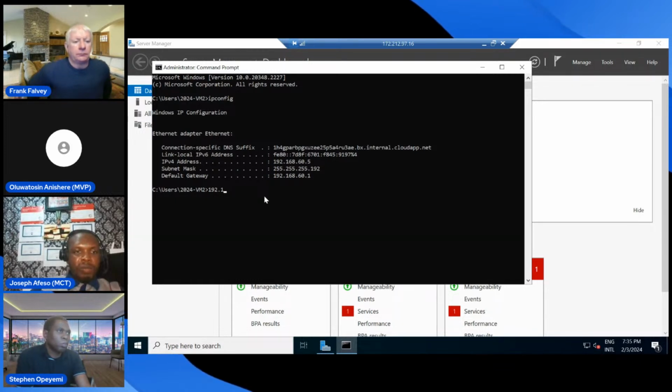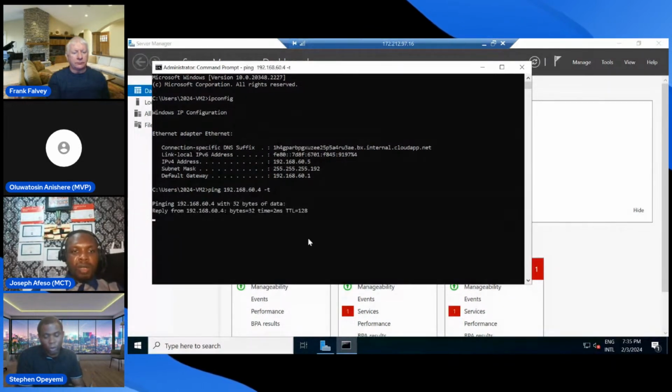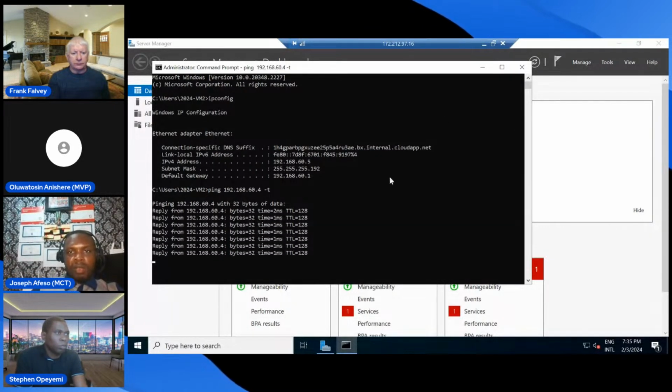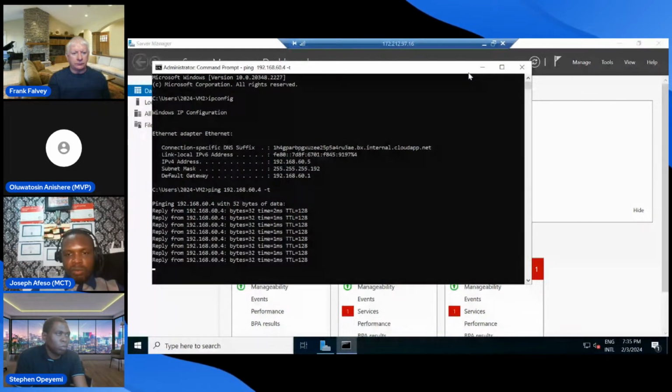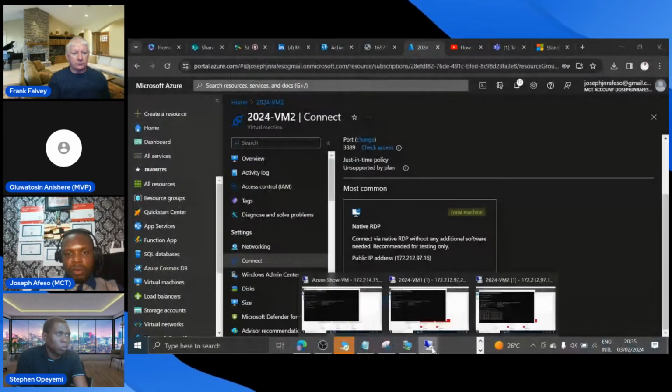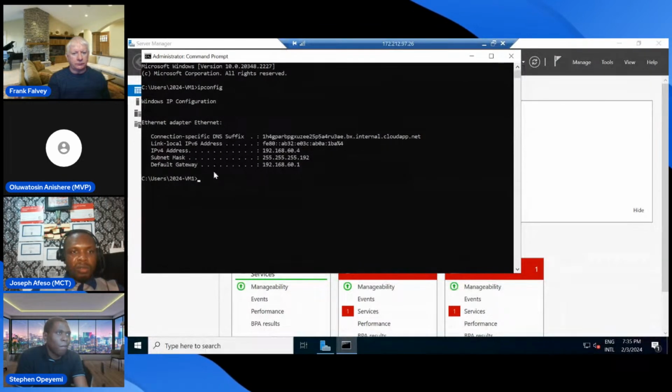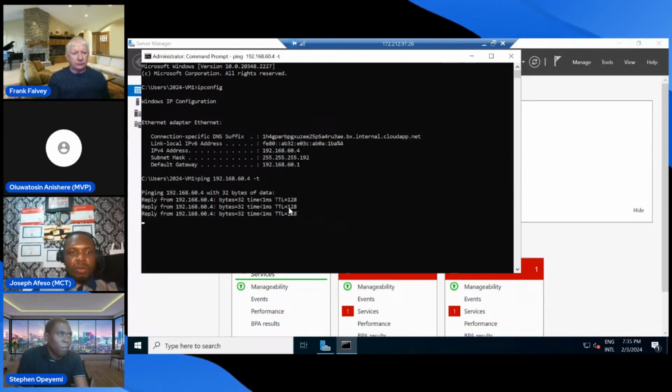Let's ping the other machine, and we have it talking to the other machine in a very limited time, 1 millisecond on average. Let's go to the other machine too and see if it can talk to .4. This is machine 1, so this is .4. Let's see if it can talk to .5. We hit this and the communication is seamless. You can see it is communicating with the other device within 1 millisecond.